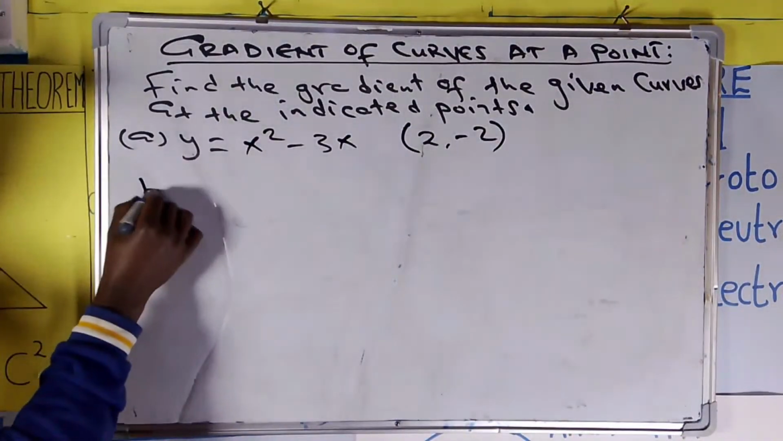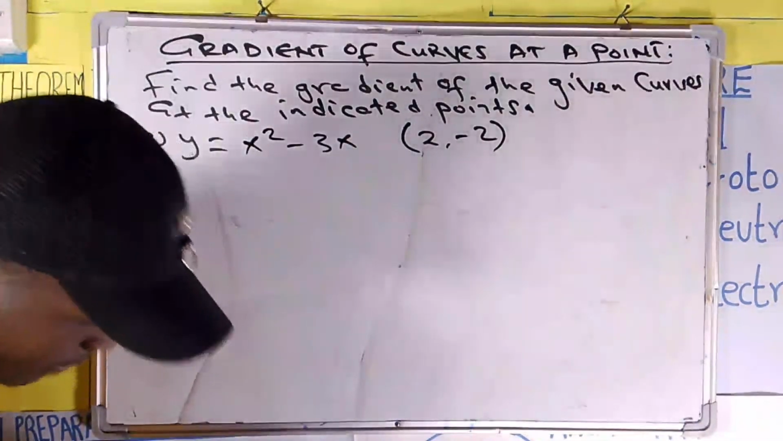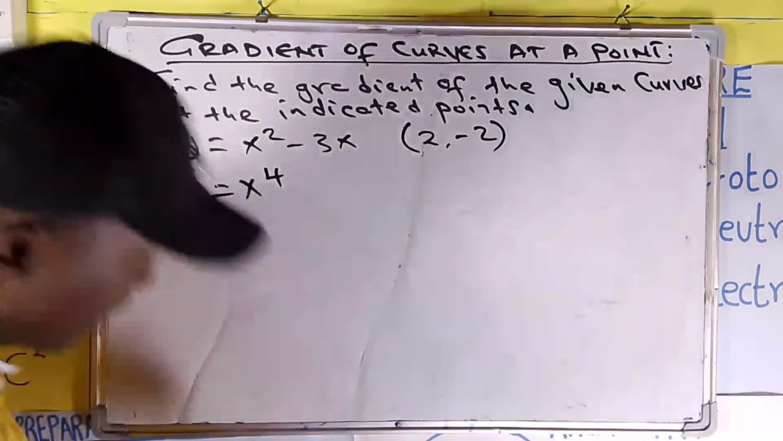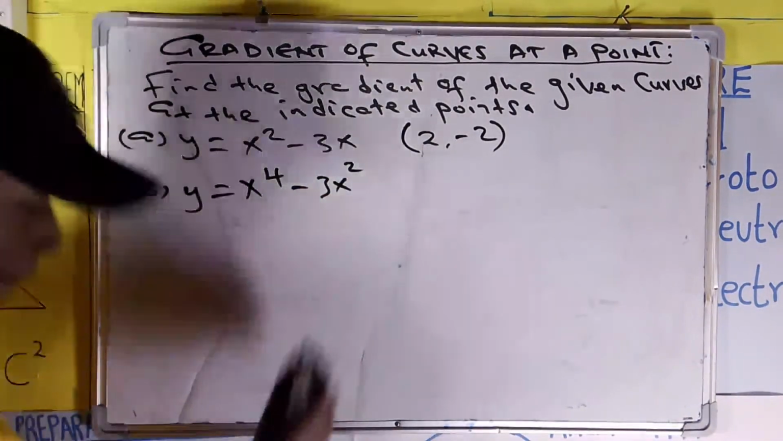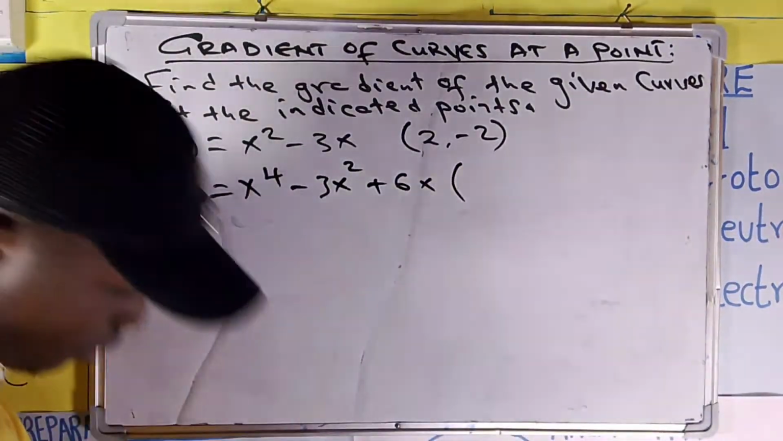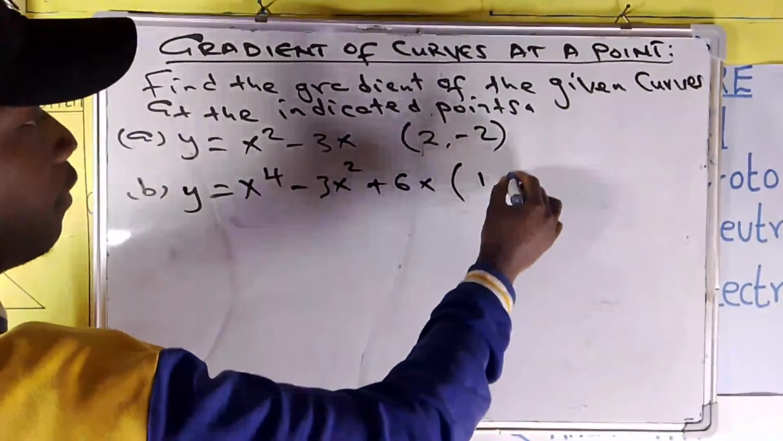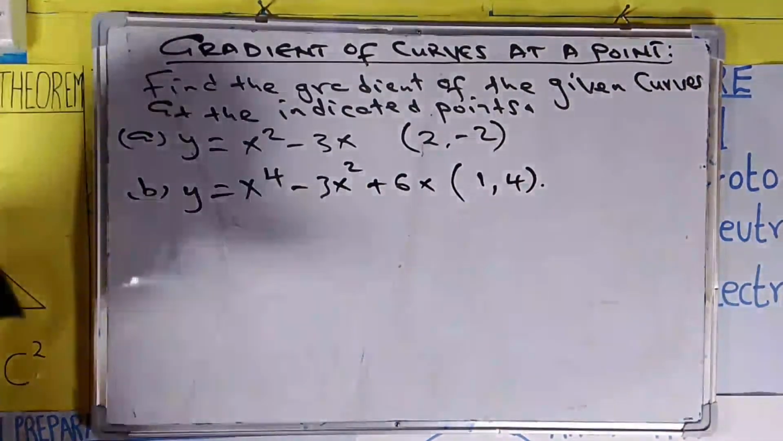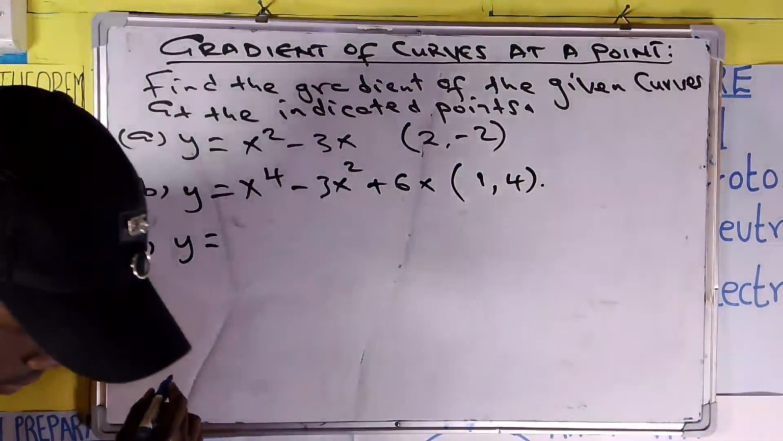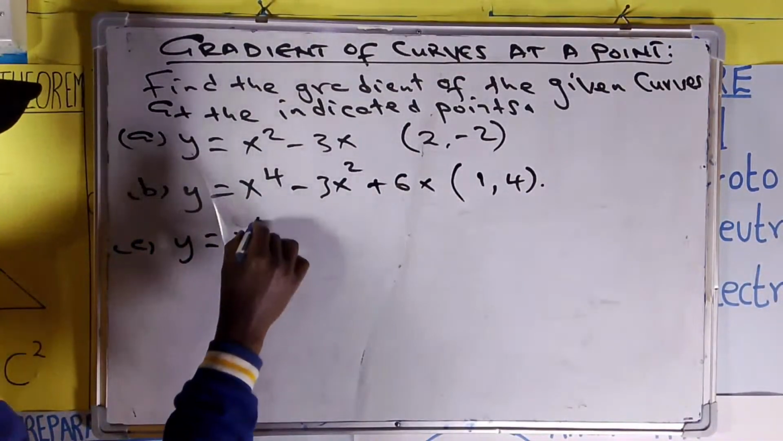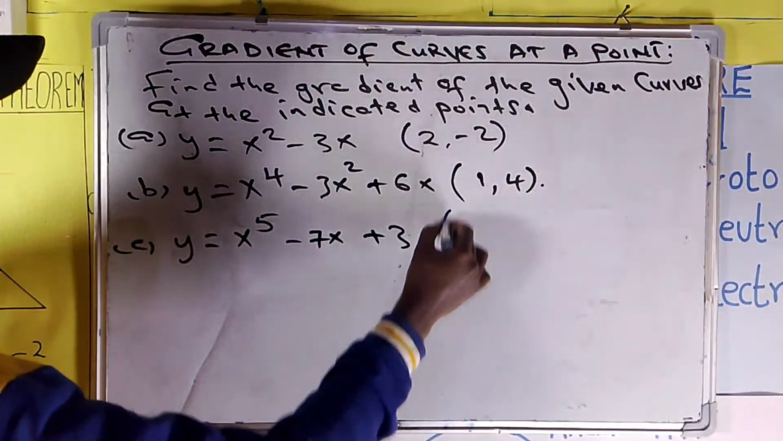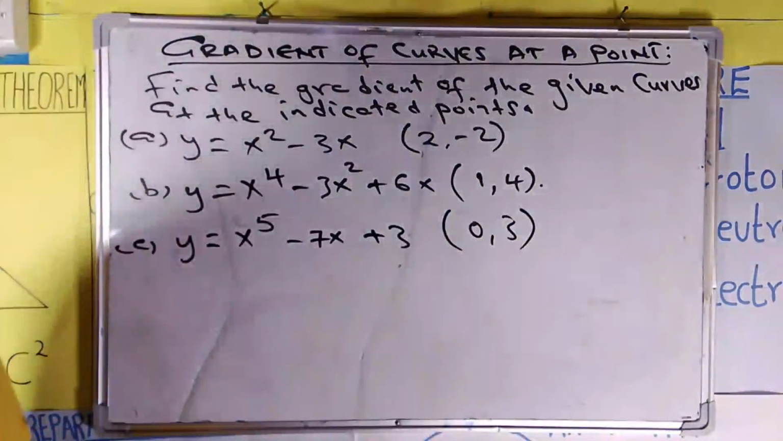And b is y is equals to x to power 4 minus 3x squared plus 6x at the point 1, 4. And we can also have the third one, y is equal to x to power 5 minus 7x plus 3 at the point 0, 3. So we have such,